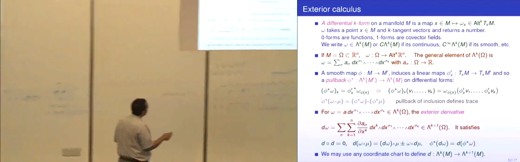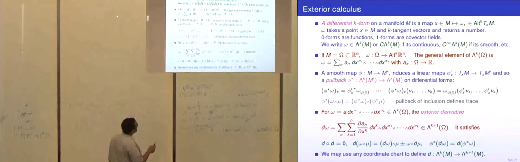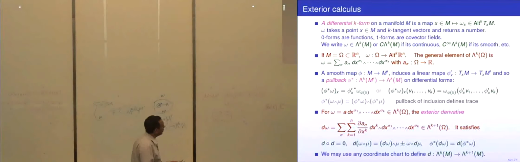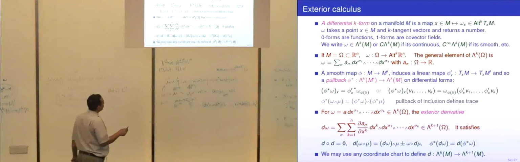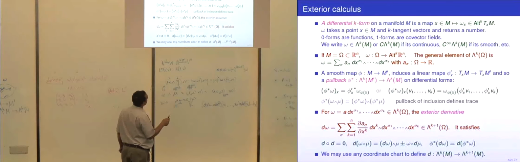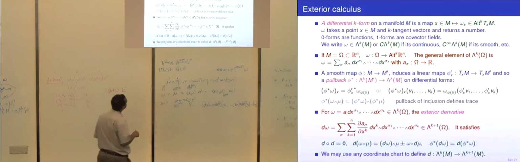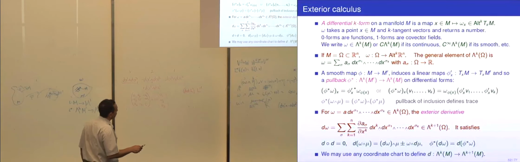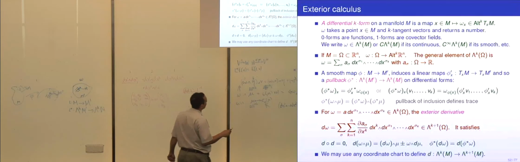One thing that comes immediately from this definition is that d of d of something is always 0. That's worth writing out, and what you'll see is you'll get each of the second partial derivatives twice, but the order of the terms will be opposite, so they'll cancel each other out. Another thing that comes out immediately from the definition is a Leibniz rule. D of omega wedge mu is d omega wedge mu plus or minus omega wedge d mu, where this plus or minus is -1 to the k if omega is a k form. And another thing that comes out is that the pullback respects exterior differentiation. Phi star d omega is d phi star omega.